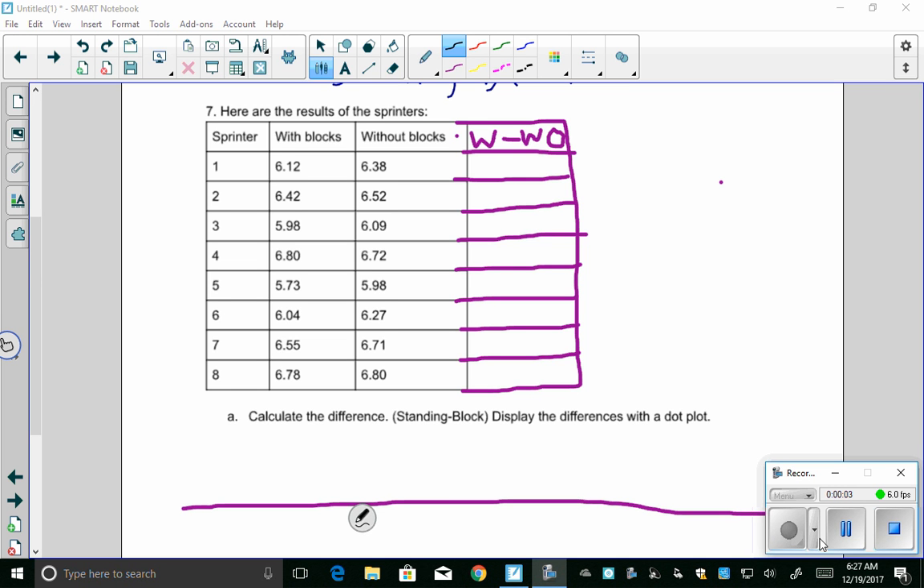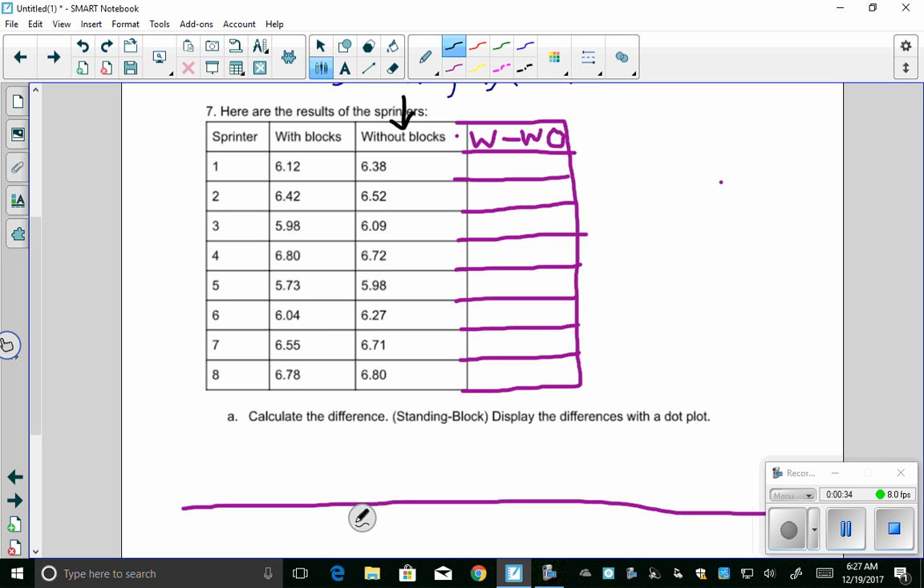On problem 7, here are the results of the sprinters talked about in problem 6. This problem gives us the results of 8 sprinters who started the sprint with the standing blocks and the 8 sprinters' times without the block, so just standing straight up. It says calculate the differences, standing minus block. So that means that I'm going to do